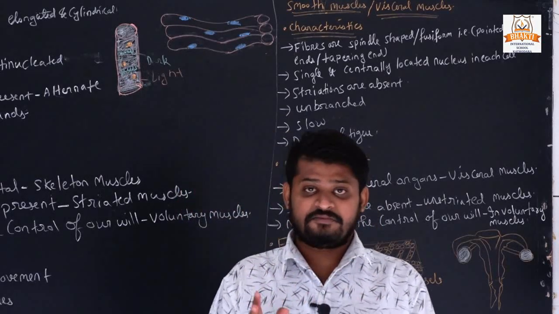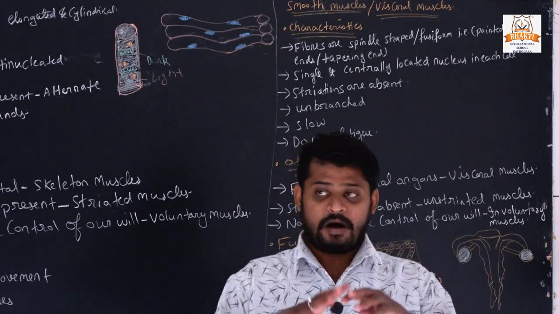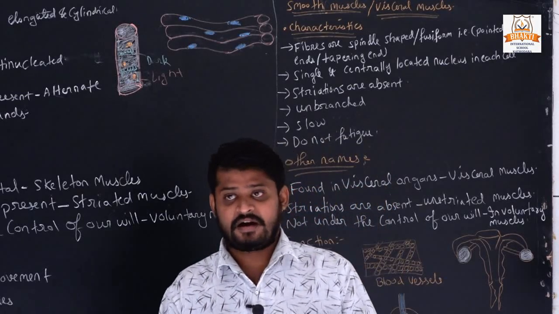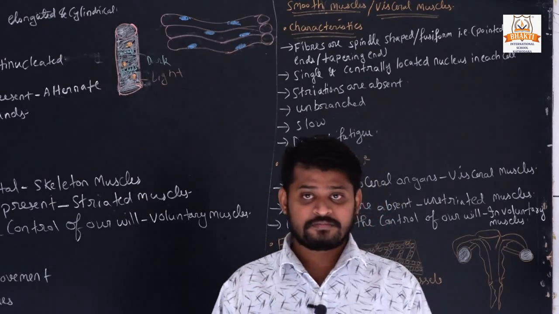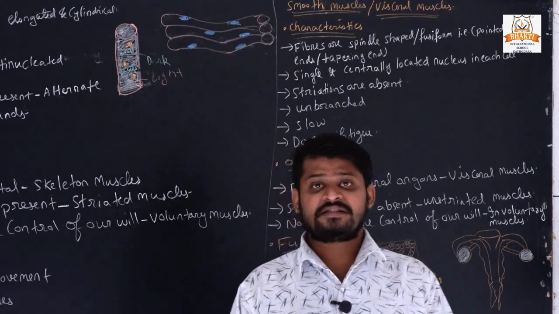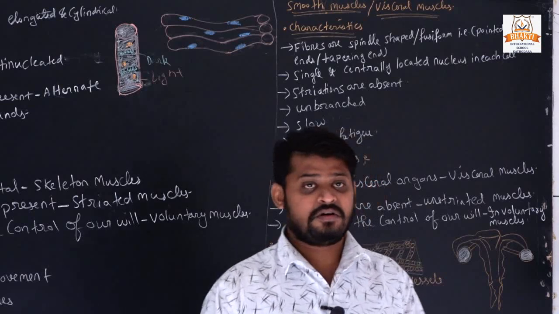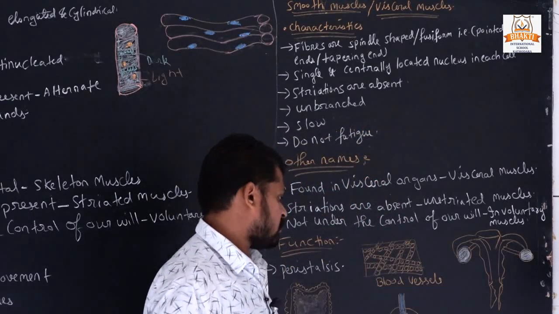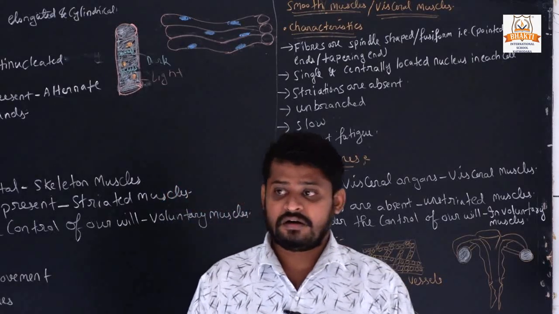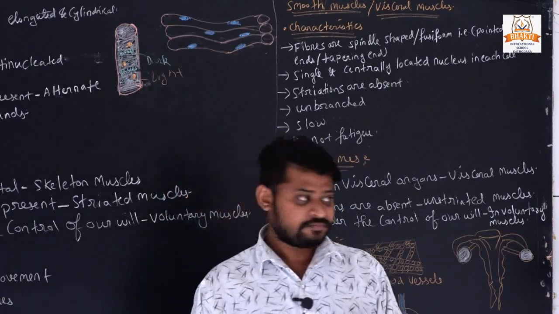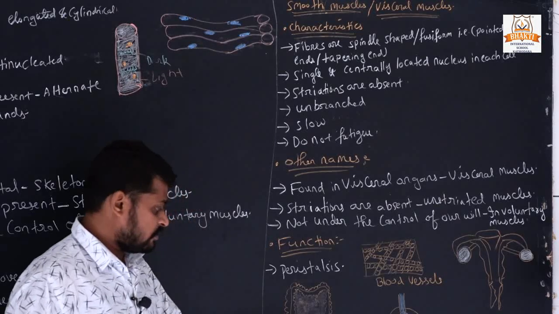Or if you see a football, the outer covering has a hard surface, but inside the football the whole portion is hollow, right? This type of muscle is called visceral muscle. It is present if you see the structure in